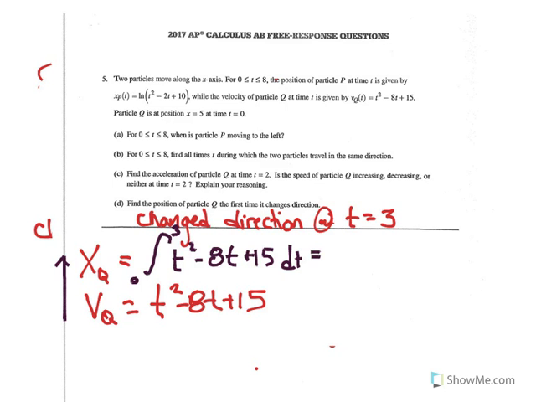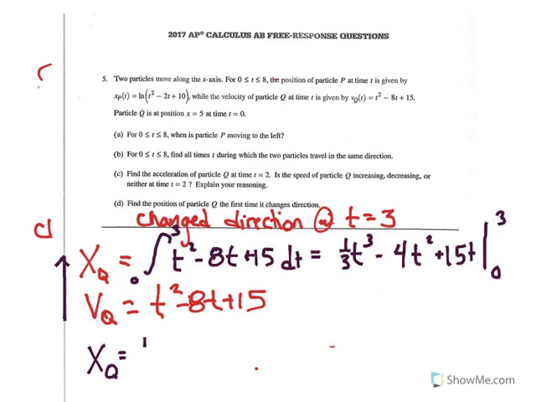In terms of the math they have you do, this would be t to the third, with a 1/3 out front, minus t squared, with an 8/2 out front, which is 4. You don't have to simplify if you don't want to. You can leave it there, plus 15t from 0 to 3. Now, I'm going to do upper minus lower. When I fill in 0, that whole thing is going to go away. So I'm going to say x of q